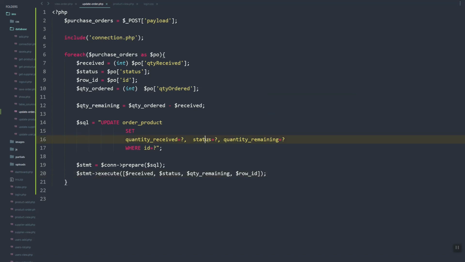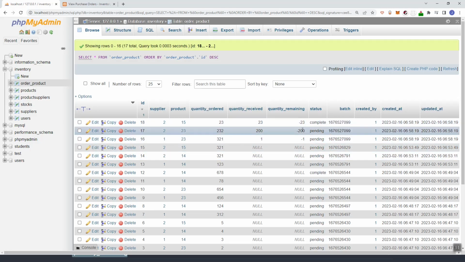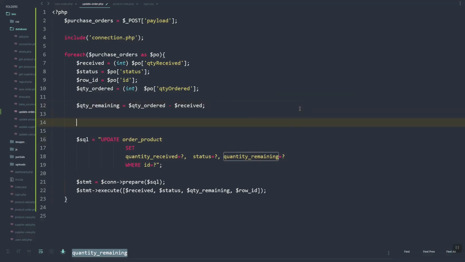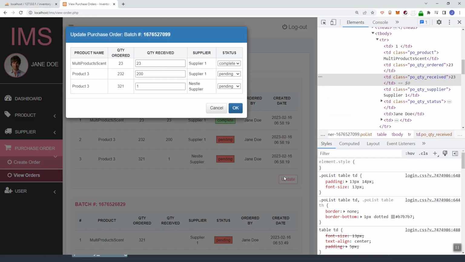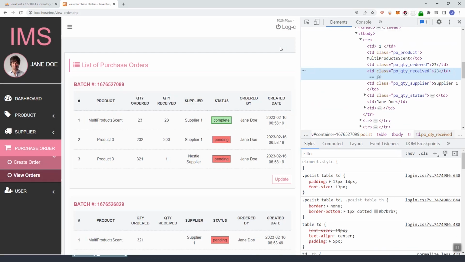Wow. Let's just try to dump the bottom qty remaining, qty order, qty receive. Let's refresh, update. Okay,